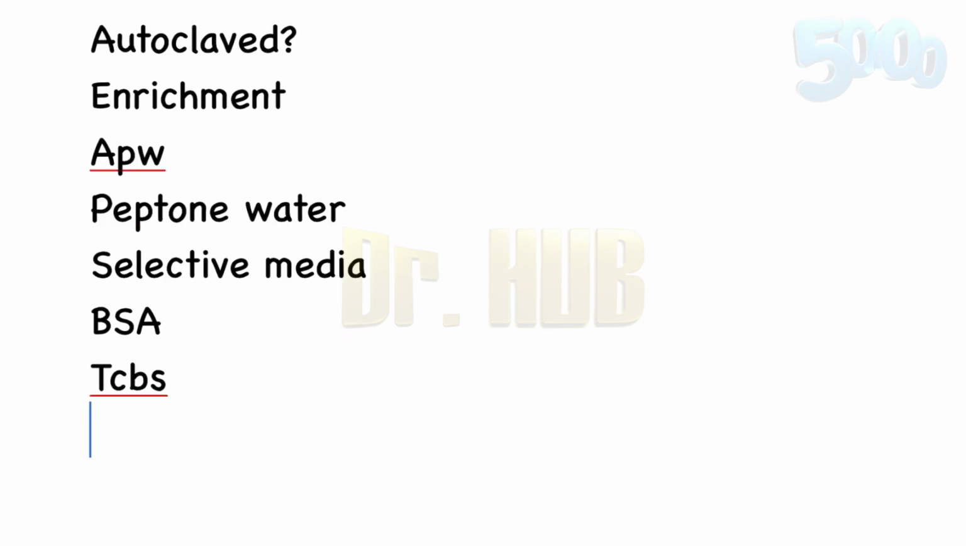So you have yellow colonies. This is for the Vibrio cholerae. Then comes the green colonies. So what are the green colonies? The green colonies are for the Vibrio